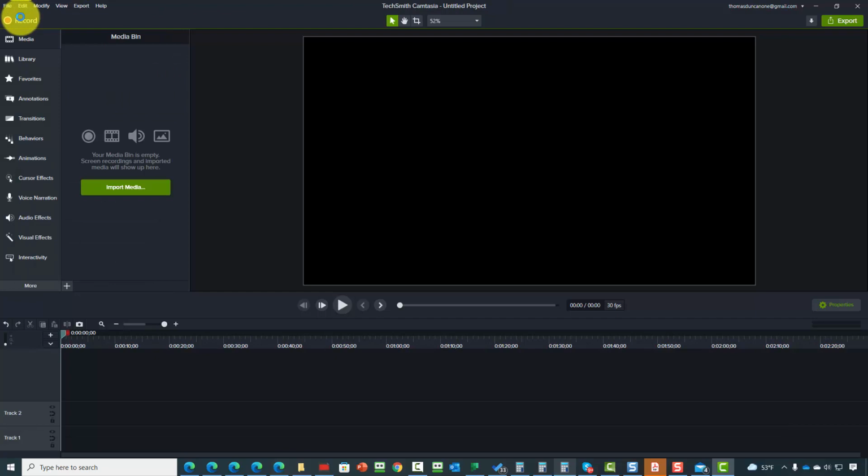What this does is it starts a new project file, and you'll see the default name, which is Untitled Project, and you can begin working on a new project file, knowing that the changes that you've made to your previous project file have now been